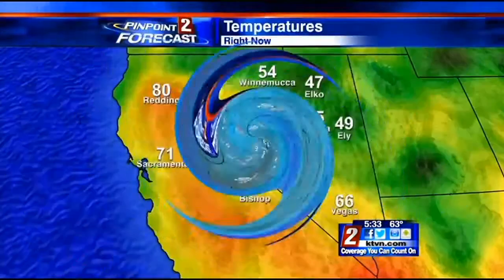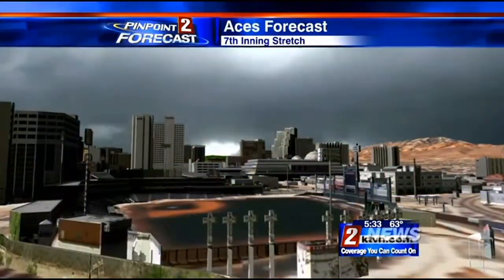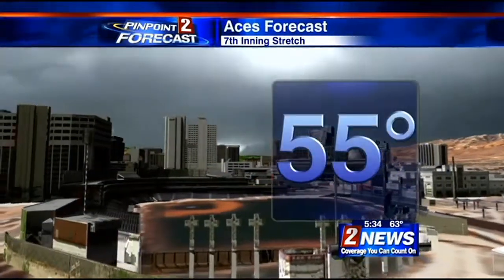Here's a look at those sustained winds around the region. Temperatures are still pretty comfortable in Reno outside right now, and if you do have plans to go to the Aces game, it looks like it's going to be a nice night. Here's a look at your 7th inning stretch forecast. Temperatures dropping down into the mid-50s, so you're probably going to want to bring a jacket with those cloudy skies